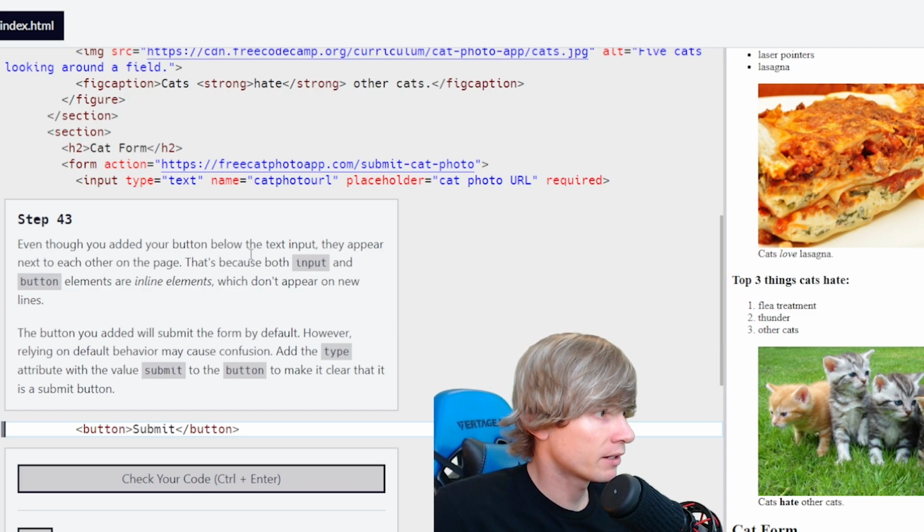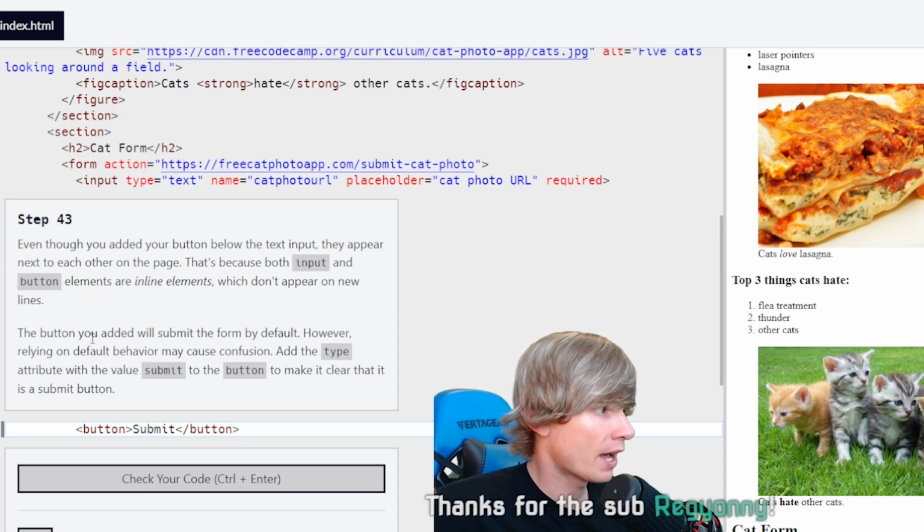Even though you added your button below the text input, they appear next to each other on the page. That's because both input and button elements are inline elements, which don't appear on a new line. The button you added will submit